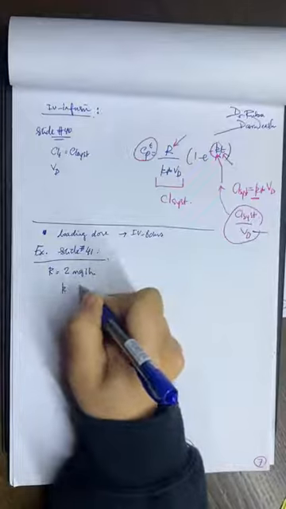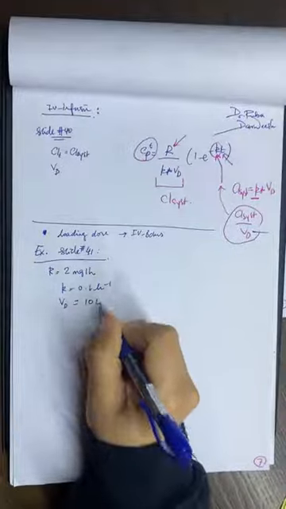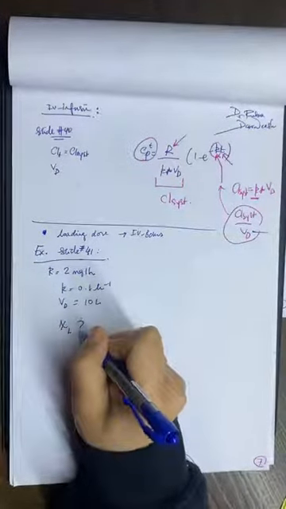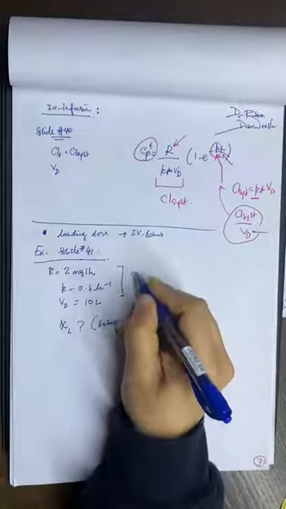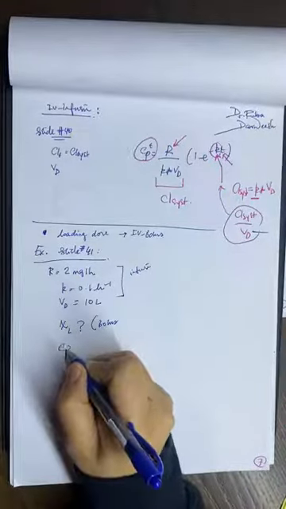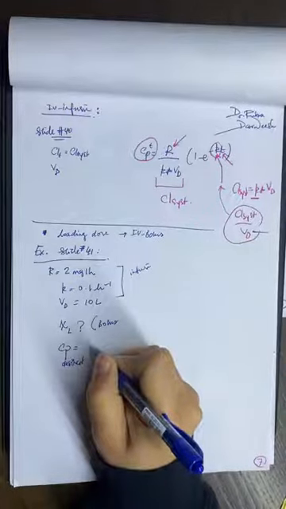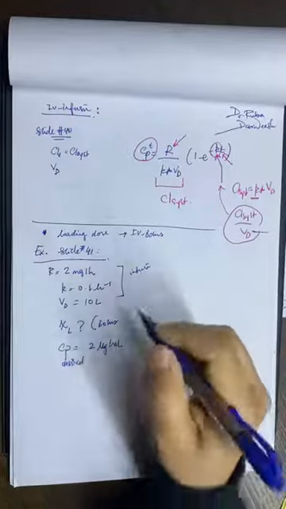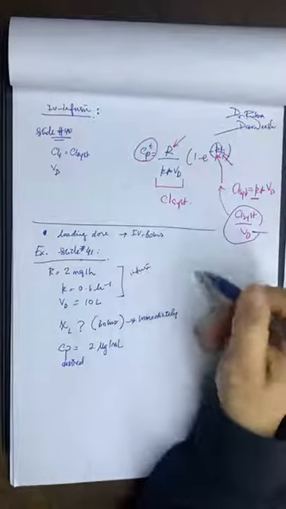The elimination rate constant is 0.1 hour minus 1 and the volume of distribution equals 10 liter. And then he's asking you about the loading dose by bolus. Those are the information about the infusion that you have. And then he's asking what will be the loading dose by IV bolus recommended if the doctor wants the drug level to reach the desired concentration